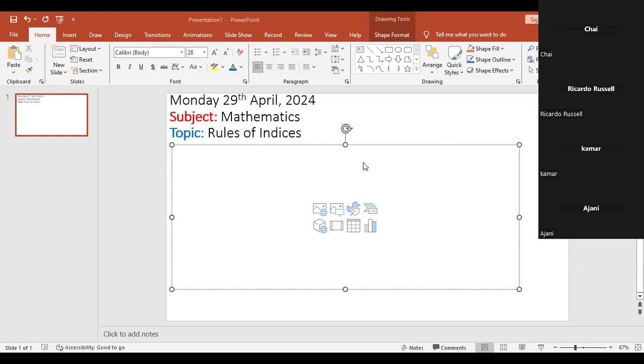Let's first begin by writing this down. When we say index or indices or power, what does that mean? We talk about the powers. If we say a number raised to a power, what does that tell us about it? Anyone have an idea? Like the number and then it has 2 or 5 in the corner of the number.